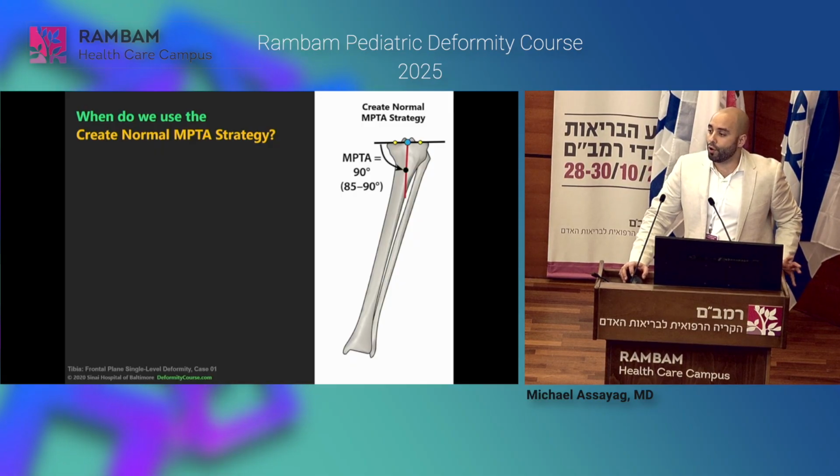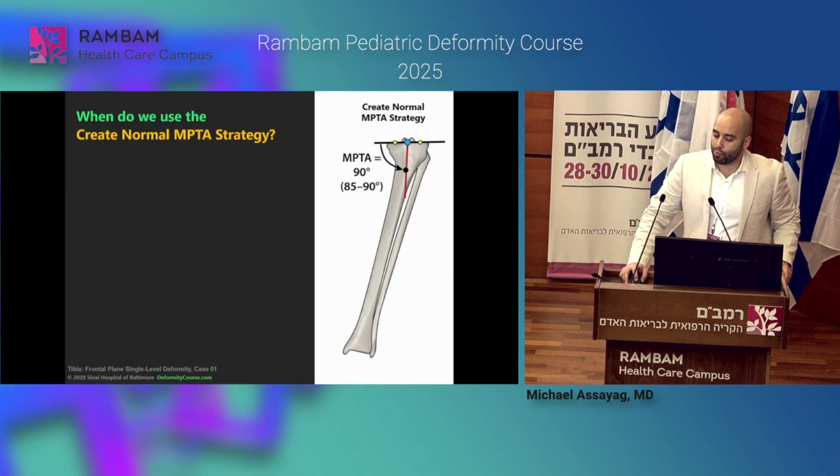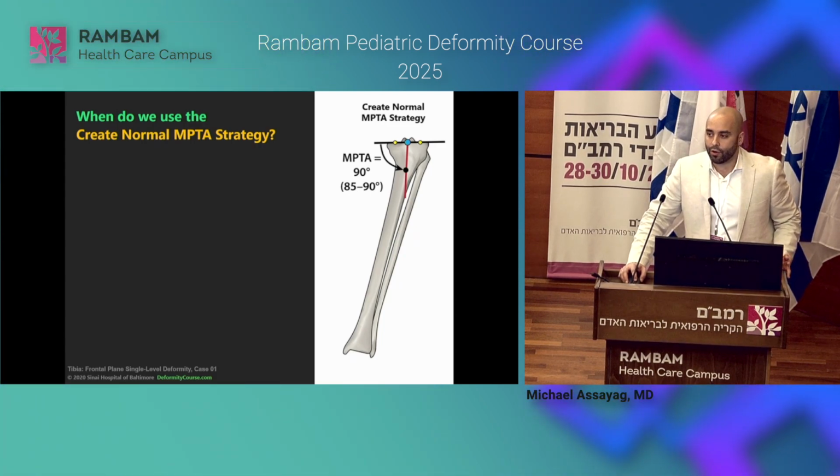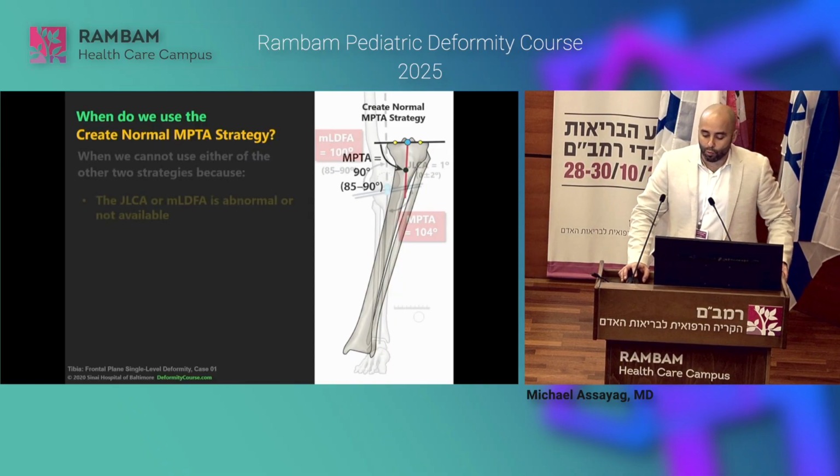That's, I think, the easiest solution if the apex is in the diaphysis. And finally, if both of these previous options are not true, if the mid-diaphyseal line does not create a normal MPTA, then I have to make my own normal MPTA. That can be based on the contralateral side, or it can be based on population normals in patients who do not have a normal side.